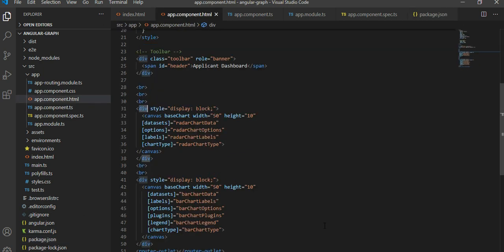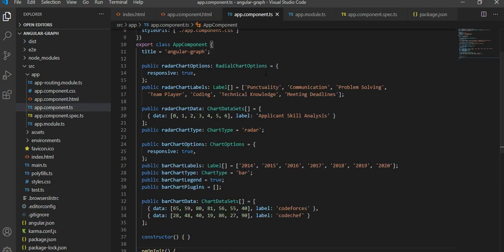In the app.component.html file, I have added two divs and the required code for these charts. This is the bar chart and this one is the radar chart, and the logic behind them we need to add in the app.component.ts file.